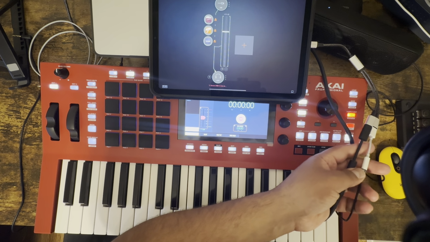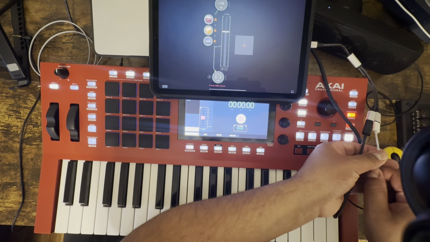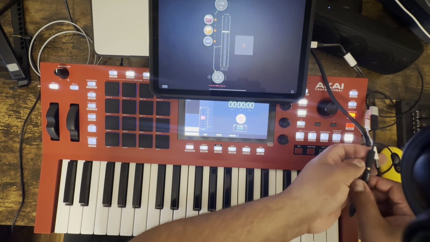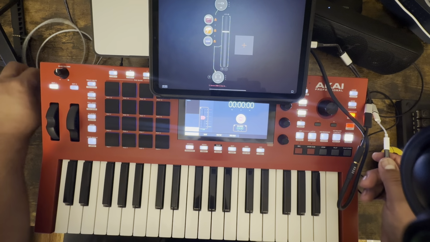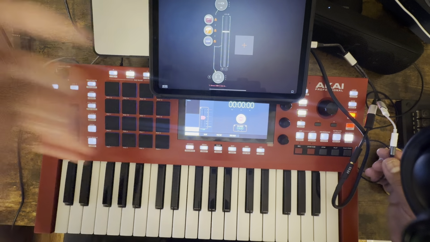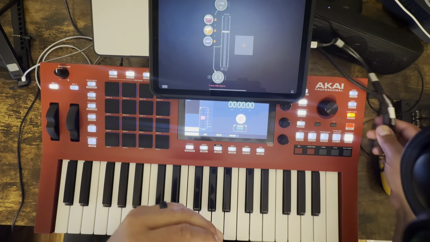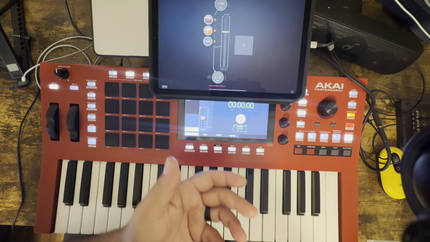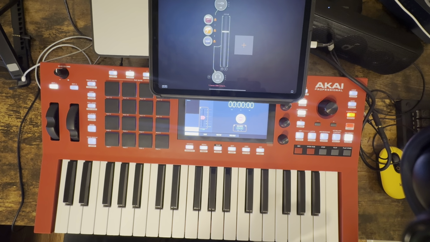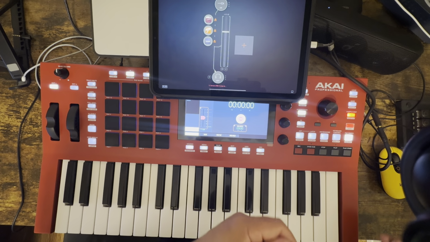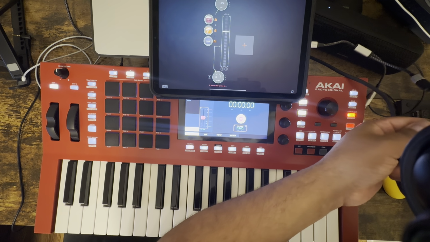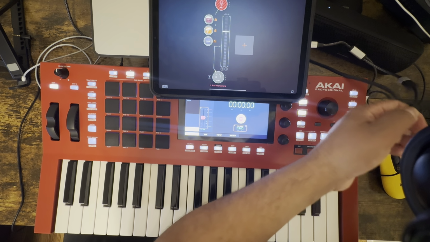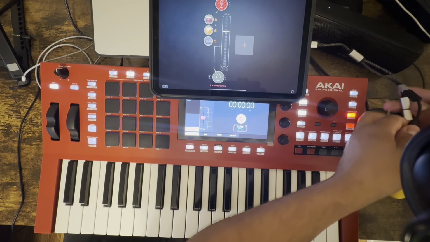But the problem I have is, yeah, I could take this apart here, or this one out here, and run in, or not that one. I'm sorry, this out here, and run it back into the MPC. But the only issue I have is I can't hear it when I do that. I would have to use a different output to be able to hear it. So, well, technically I could take this off here, go back out to the speaker the way I normally have,